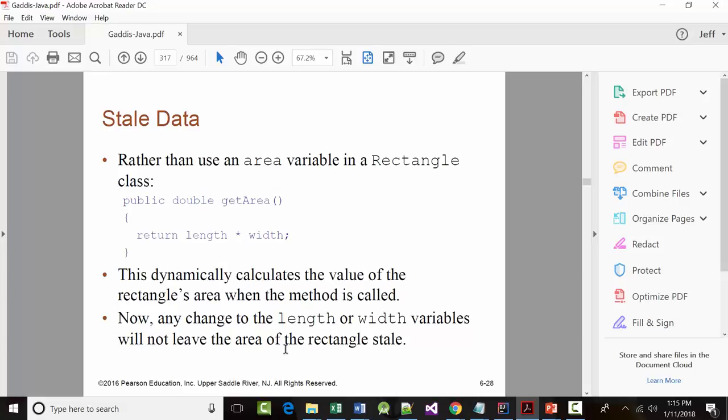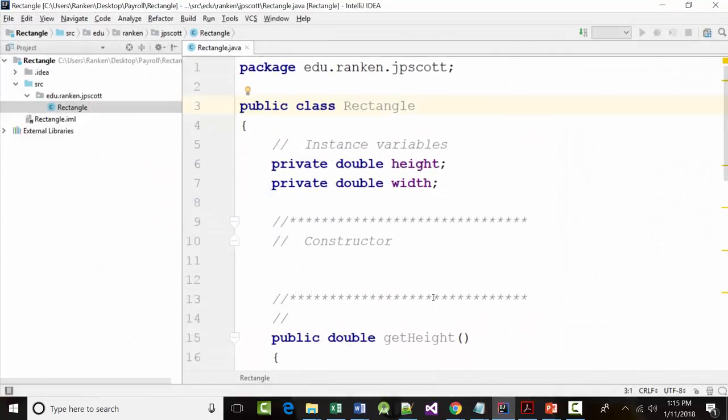So notice, here's one time when we looked at all those other get routines. It was just return something. This is not well written, just so you know. Rather than returning length times width, it should be returning get length times get width. You should never, if you can help it, put the names of variables in here. You use routines. So if I came back into my program here,